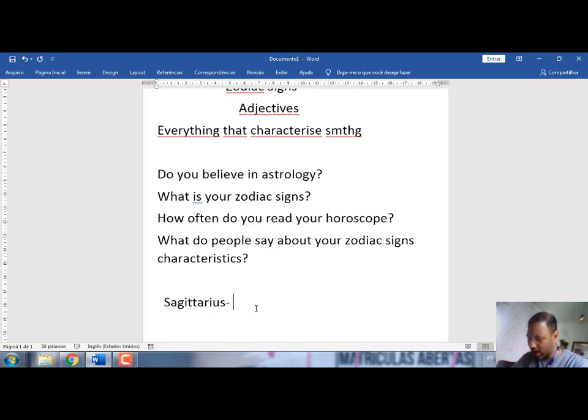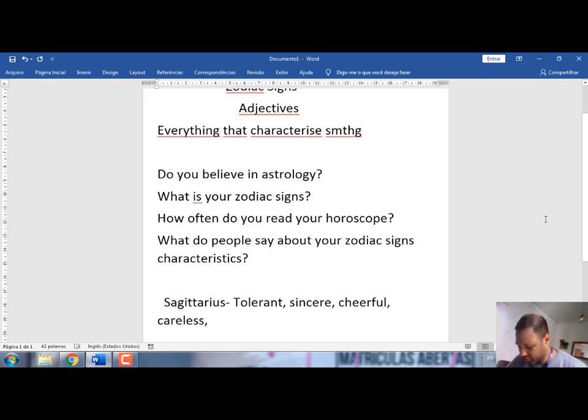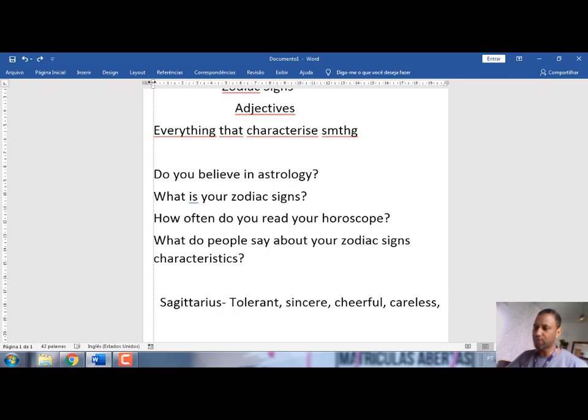Okay, Sagittarius is tolerant. Okay, guys, so the first one that we have here now is Sagittarius. All right? Sagittarius, according to what they talk about, guys, I don't believe this, but you can think about it, if you know someone who is Sagittarius, you can tell me. Sagittarius, guys, according to my notes here, is someone who was born in